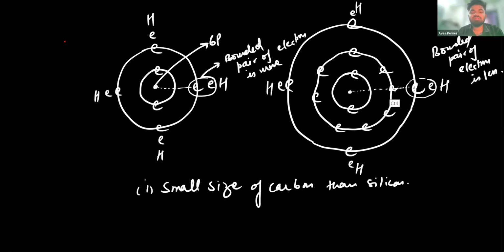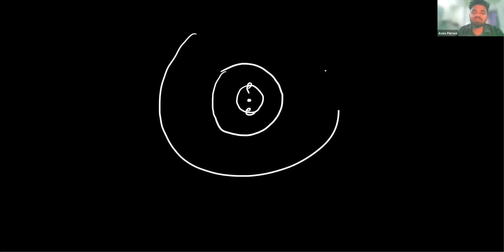But here is one thing you need to note: the electrons present in the inner shells, like in silicon, that is the 2 electrons, and these 8 electrons in the second shell. And this is the third shell of silicon. So these 8 electrons,